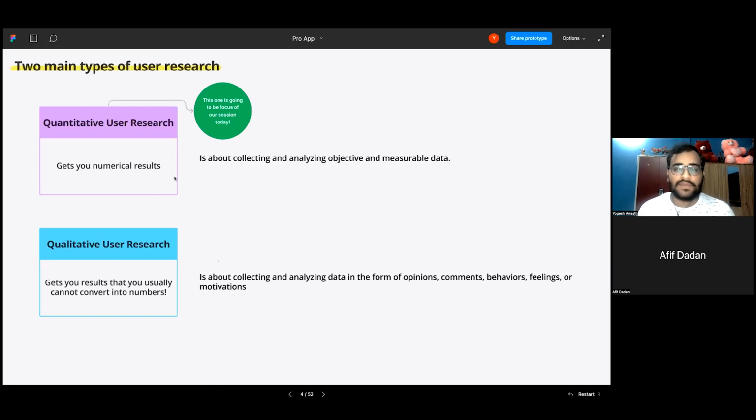Whereas qualitative is about collecting and analyzing data in the form of opinions, right? What the user says, the comments that they make, the behaviors that they exhibit or express, or we watch that, right? Feelings at times they express, and their motivation to use a particular application. Qualitative gets you results that you usually cannot convert into numbers. Quantitative obviously gets you numerical results, right? And this one is going to be the focus of our session today,